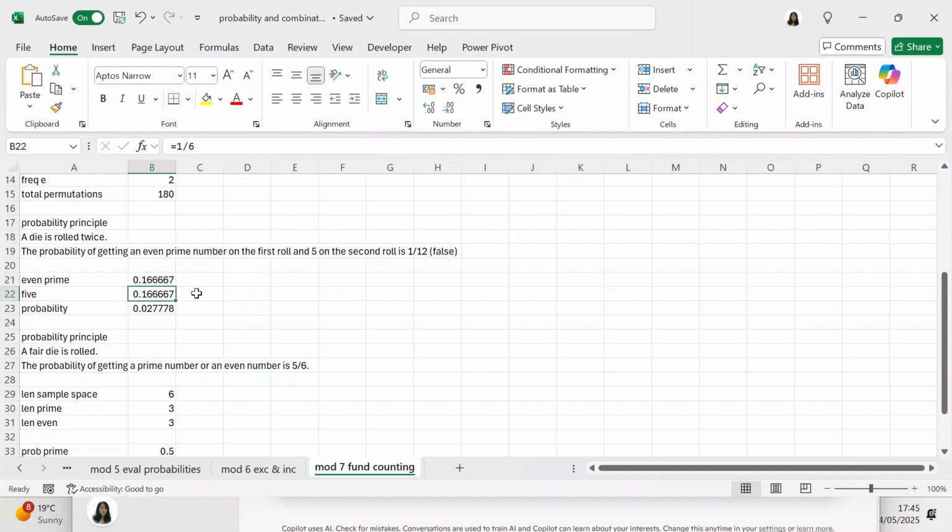And the probability of getting a 5 is going to be 1 divided by 6. And the probability of getting an even prime number on the first roll and a 5 on the second roll is B21 times B22. And that gives you an output of